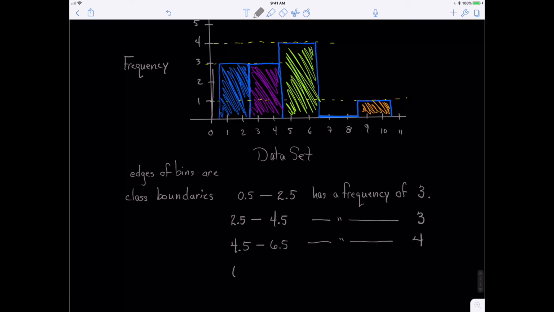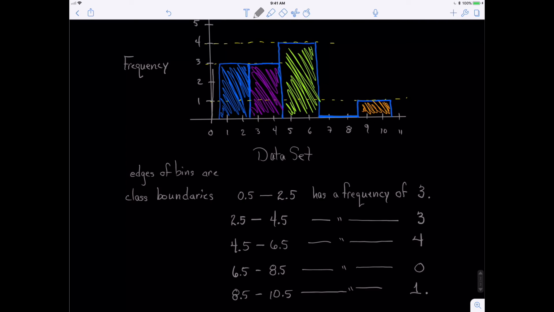Notice that even though it's a 0, you still need to count it. So from 6.5 to 8.5, those are the class boundaries of our next class. And it has a frequency of 0. And finally, our last class that we formed begins at 8.5, goes to 10.5. Those are its class boundaries. And it has a frequency